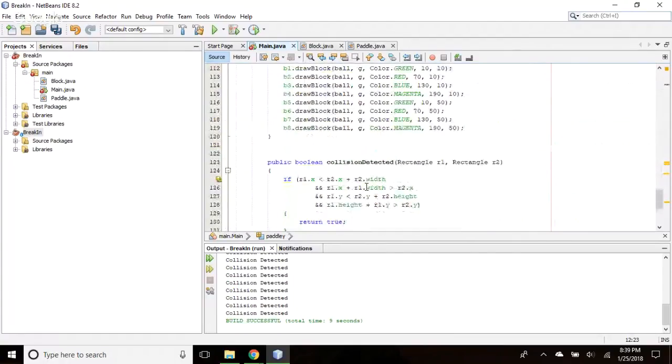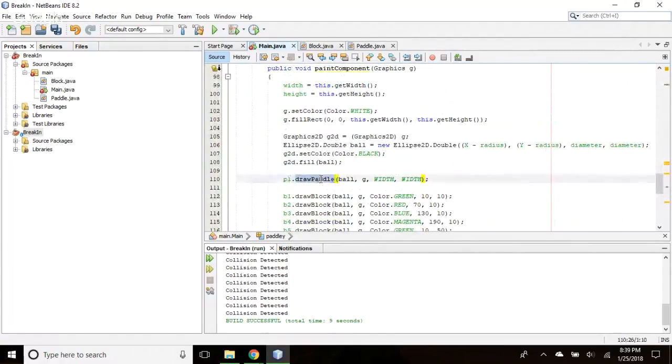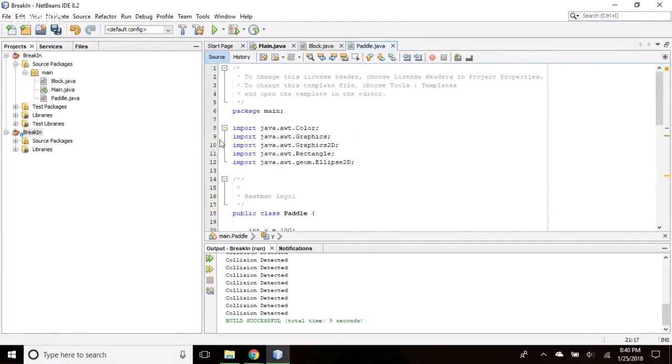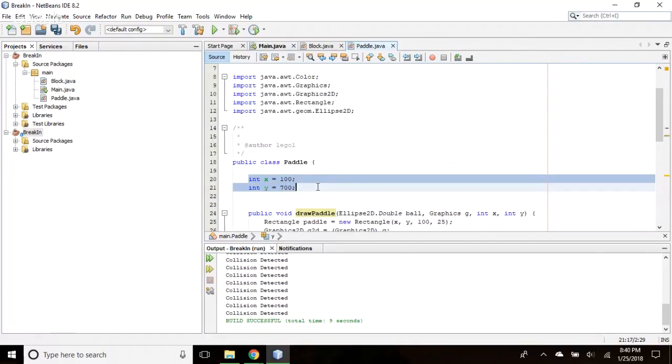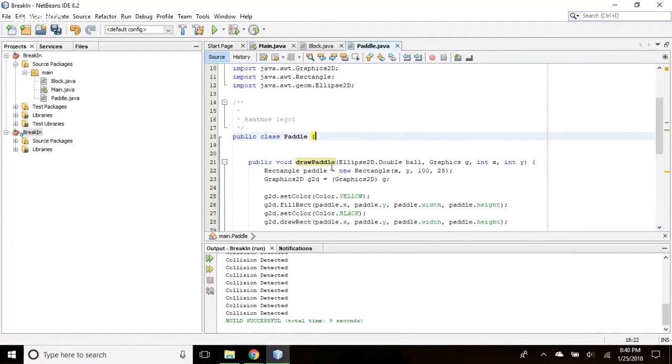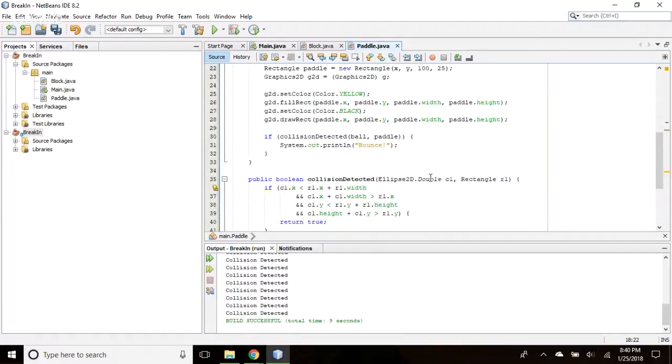And then, where'd it go? Oh, right here. And then for width and height, you're going to want to do paddle X and paddle Y. So we're going to be managing the X and Y of the paddle in the main, where the gameplay happens. Now go back to your paddle, because we don't need to manage our X and Y there. Click and go to the top. And that X and Y that's defined, those X and Y's need to go away. They weren't being used by anything.